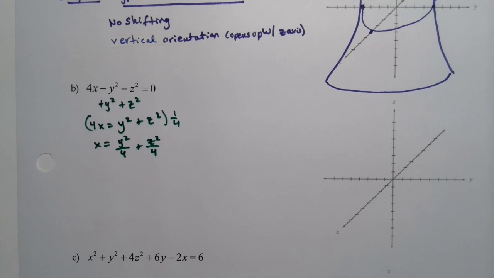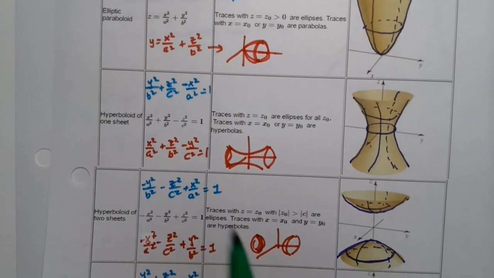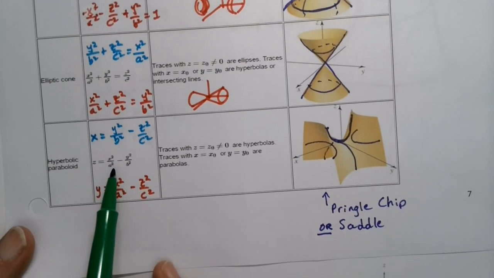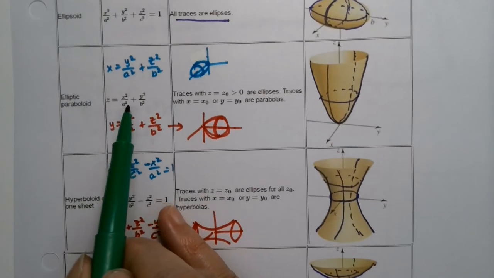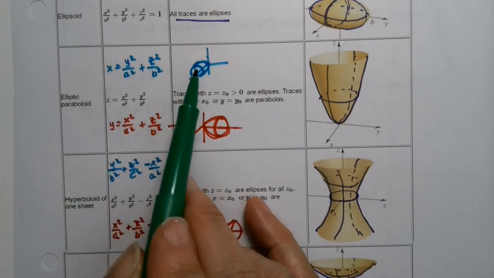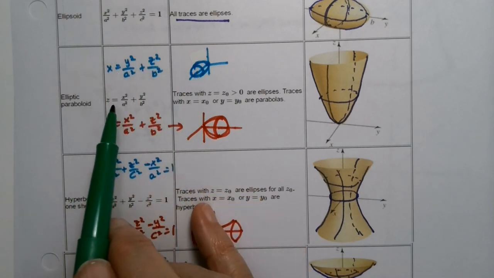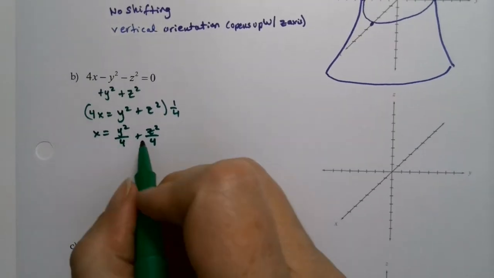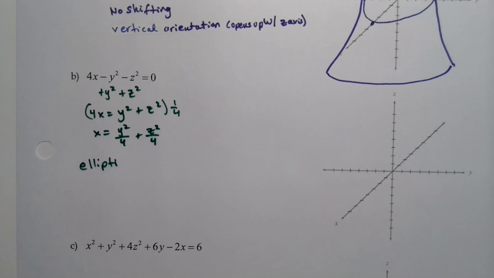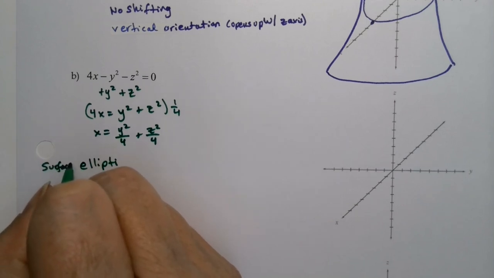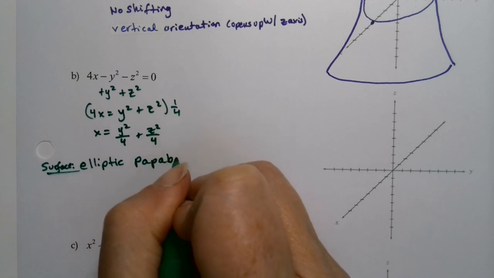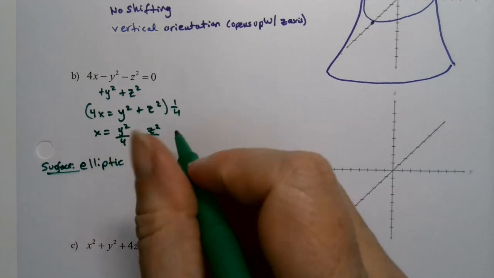Well then, because there's a plus, right? If there was a minus, it would be this one down here. But since there's a plus, it's this one right here. But notice it's this one, right? It's oriented in the x-axis direction, not the z-axis direction. See? So this is an elliptic paraboloid. Oh, that's the surface. I'll put that right there. Elliptic paraboloid,